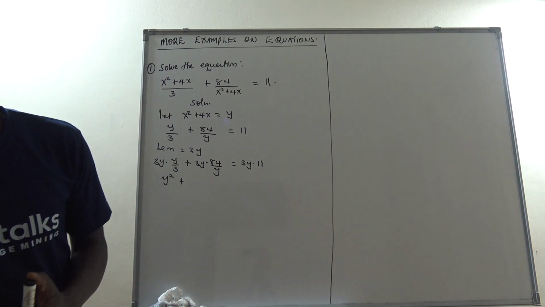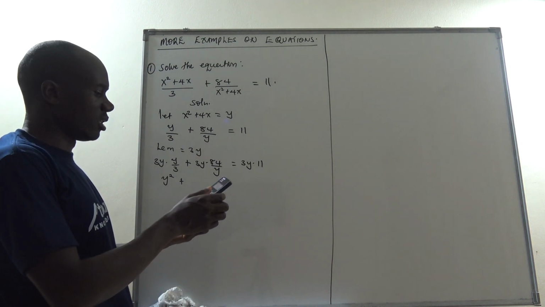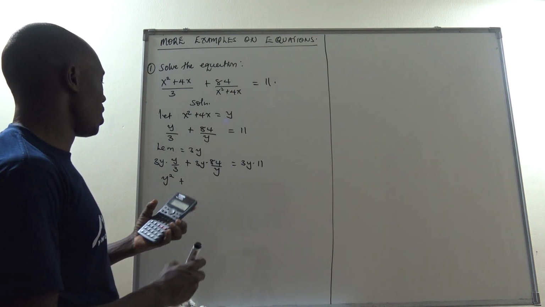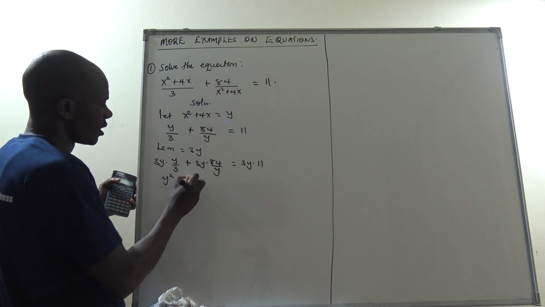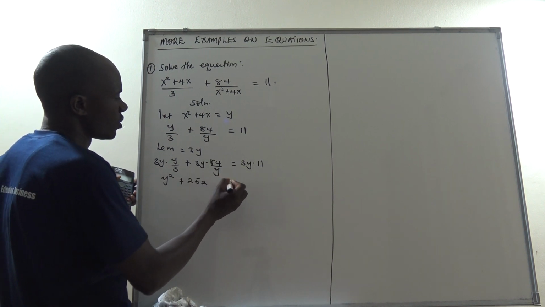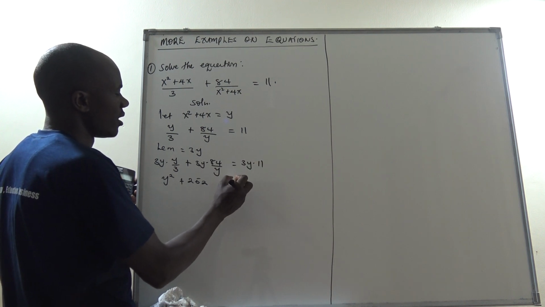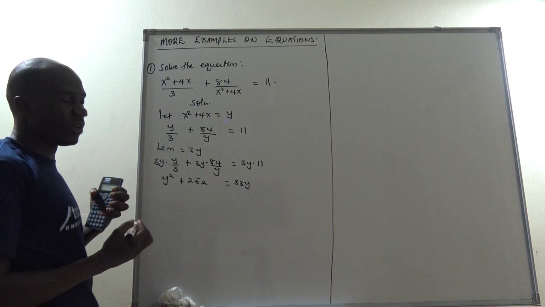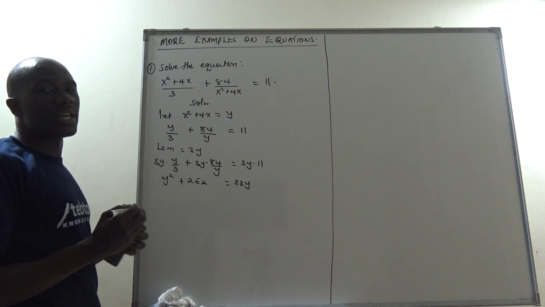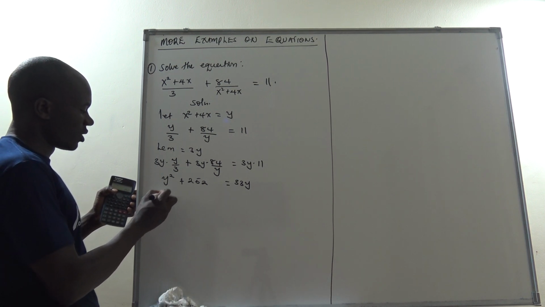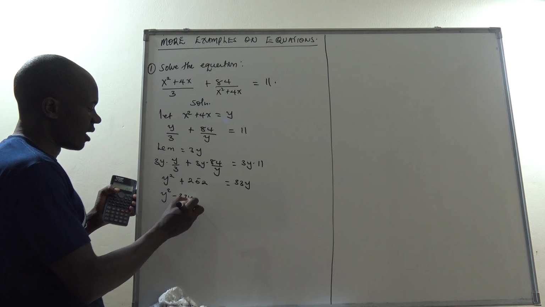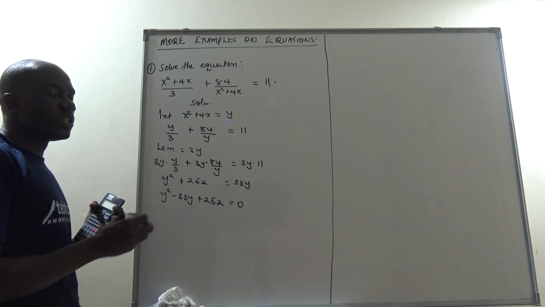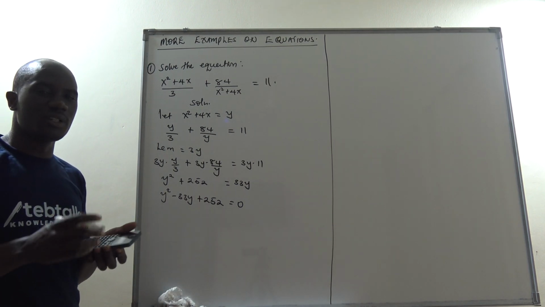I can multiply here with the calculator to ease. We are saying 3 times 84, we are coming out with 252. So plus 252, which is equal to 3 times 11, we are getting 33y. Now, we try to rearrange it in the form of a quadratic, ax squared plus bx plus c equals 0. So we are having y squared minus 33y plus 252 equals 0. So this is a quadratic equation which can be solved by